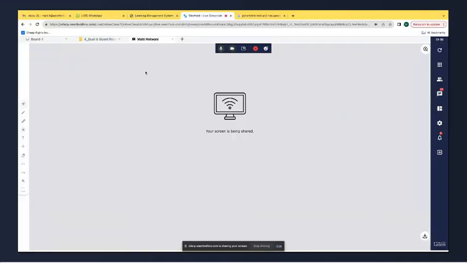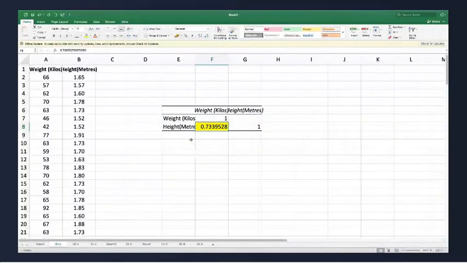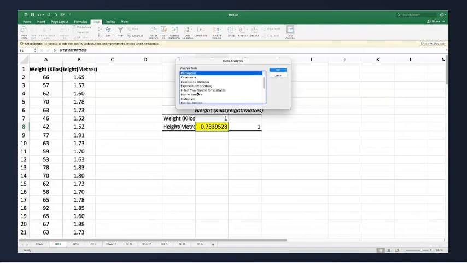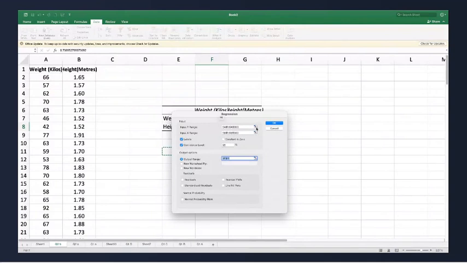Now I have to test whether my correlation is statistically significant or not. For that, I will run a test called regression. Is my Excel sheet visible, guys? Yes, ma'am. So I'll go to Data Analysis and click on regression.